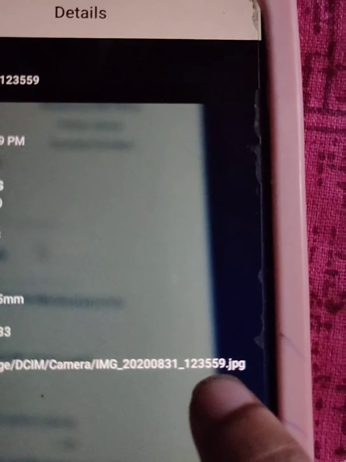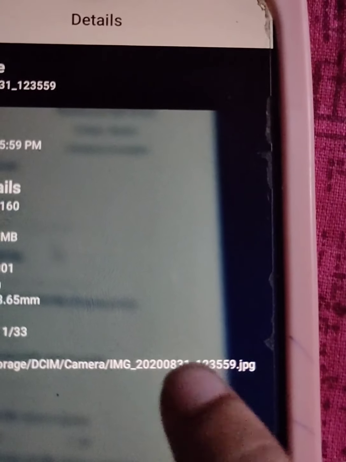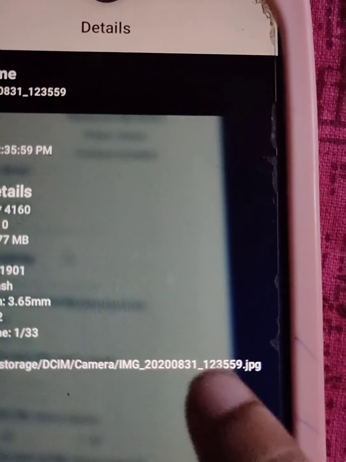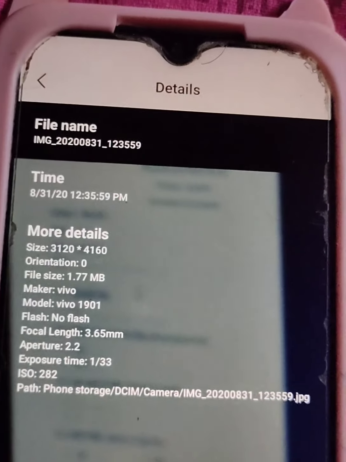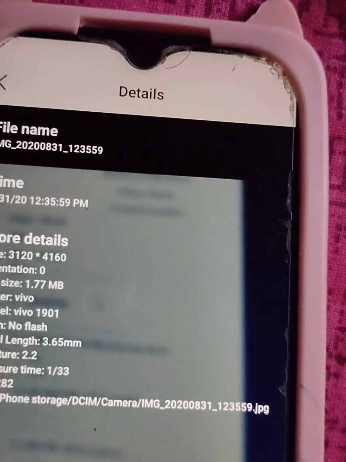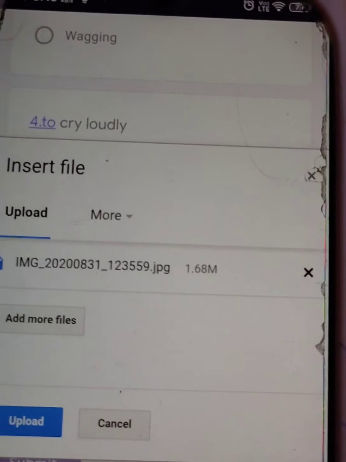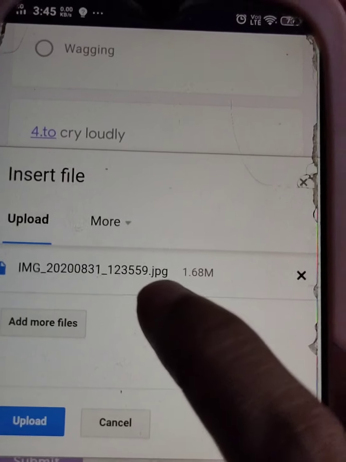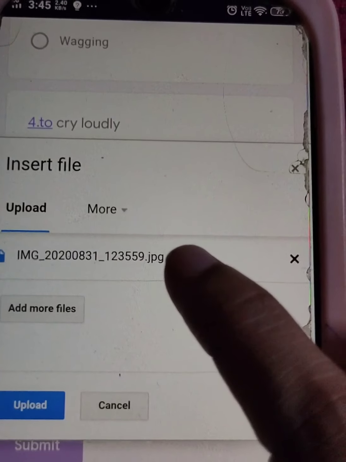The last number is 31 and 59. So you can check whether this image is right or wrong. Go again to your Google Form. See here 31 and 59. That means this file is correct.